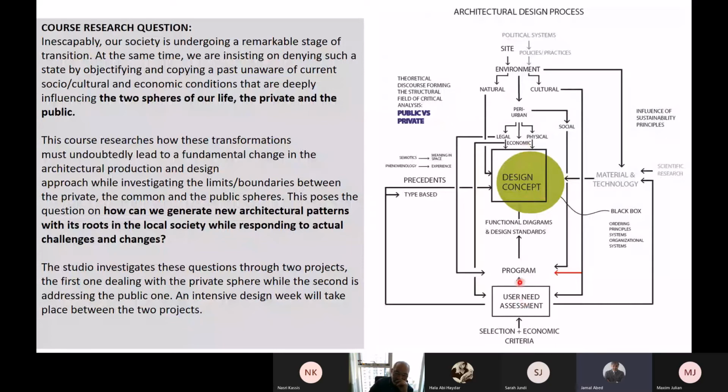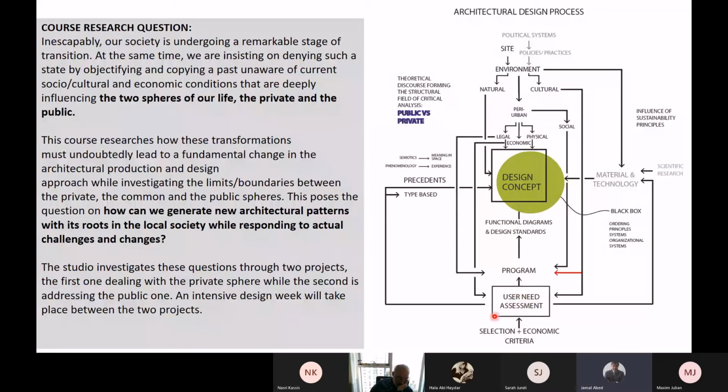The second axis was user need assessment, and this is really why we have moved away from, and not only moved away, but added to the set of CLOs the pre-design stage in the formulation of a program, because we did not want them to fall into a preset program that is not critically analyzed. And that was done by the user need assessment. And given the lockdown, given the online, we have followed, I would argue, quite an innovative and successful approach in undertaking such a process.